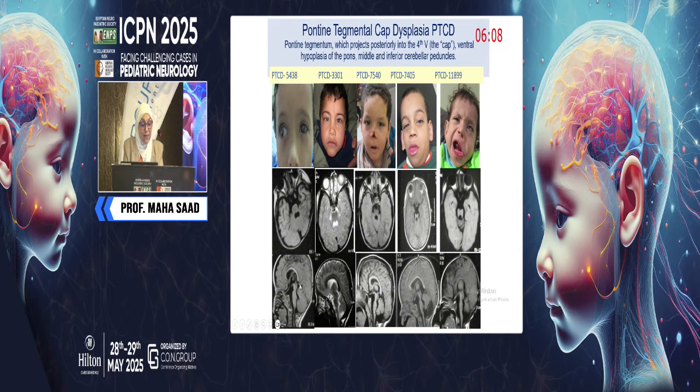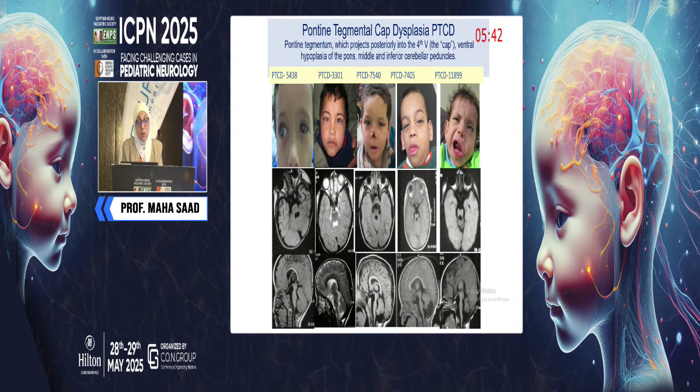As we can see here in the picture, the pons, instead of looking outside, is looking inside the fourth ventricle. There is posterior projection of the pons within the fourth ventricle. It looks like a cap. That's why it is called pontine tegmental cap dysplasia, because if there is an anomaly here in the pons, they have many affections of